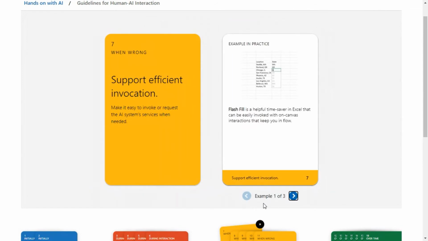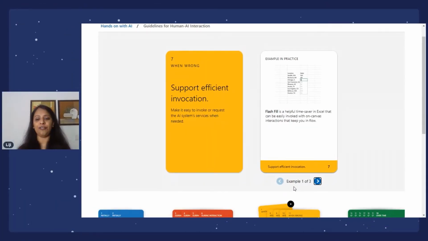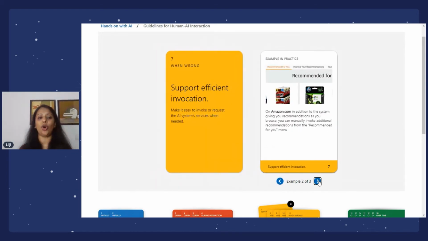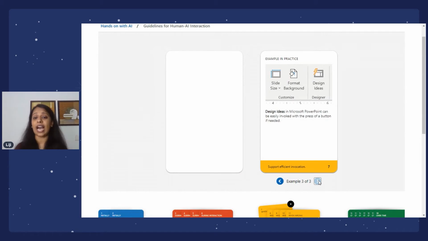Cool. Let's move on to the third deck of cards, support efficient invocation. This is usually well done in most applications. Whenever you need an AI system's help, you should be able to invoke that efficiently. For example, one of the things I use a lot in my PowerPoint presentations is design ideas. The design ideas is not just there in your face all the time. It is there on the top pane. I can invoke it when I want with the press of a button, and I can dismiss it as well,